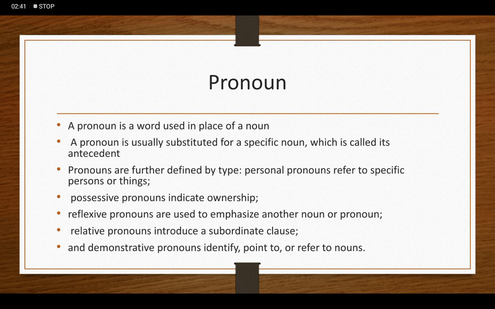Then the possessive pronoun, as I have already told you, indicates ownership. The words like my, our, your, his, her. Then reflexive: yourself, himself, herself. Those words are reflexive. Demonstrative pronouns are pointing words: these, those, that, such. Then we have relative pronouns. Relative pronouns are used to connect a clause or phrase to a noun or pronoun. They are who, whom, which, whoever, whomever, etc.